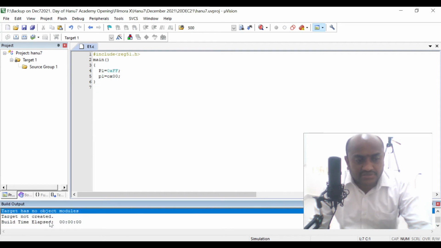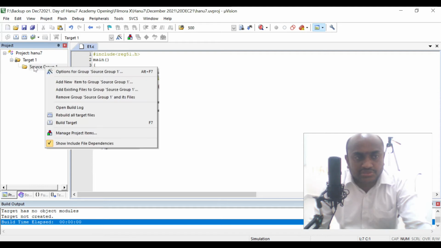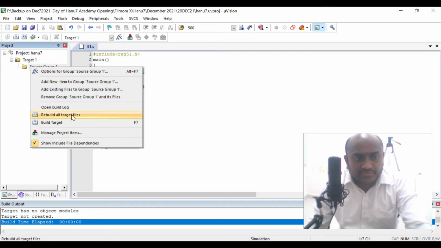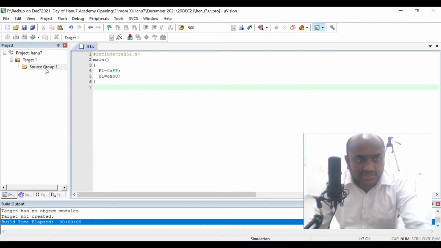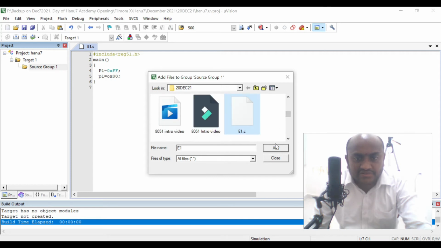What is the problem here is, of course I wrote a program, but that program needs to be added into the source group. So right click on the source group, and there is an option called Add files to the source group. Otherwise, double click on the source group. You will get your file. What is our file? e1.c.